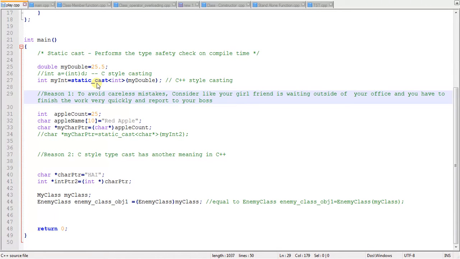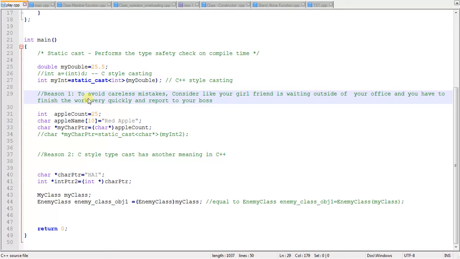But in C++, and specifically with static cast, you can only convert legal things. So what is a legal thing here? Converting a double to an integer is legal, but converting a double pointer into an integer pointer is not legal. So these kinds of things will be handled in the static cast.